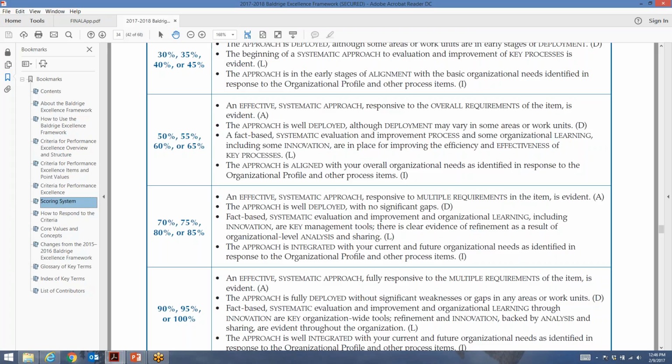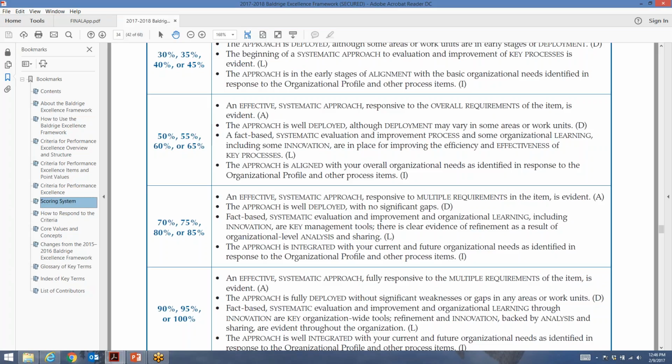So in the ones I said you need to have a picture of, those are important ones. I would give some indication of deployment. I would say, hey, these are well deployed. We've got these across the organization, and so give them something on deployment for those, because those are going to be the ones that they're going to come back to, and that's going to stick in their minds as the ones that are most important.